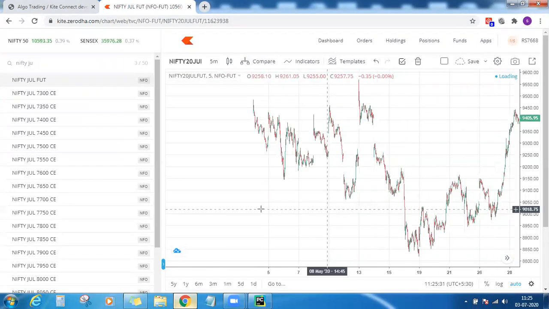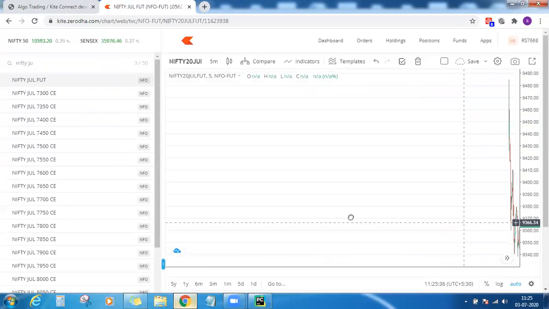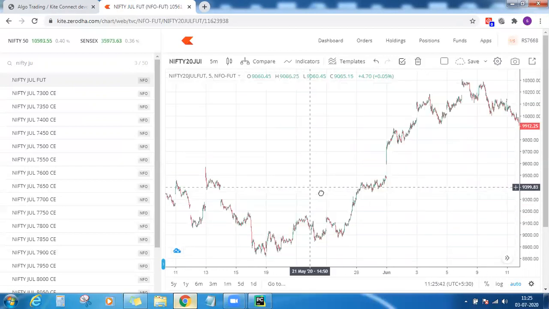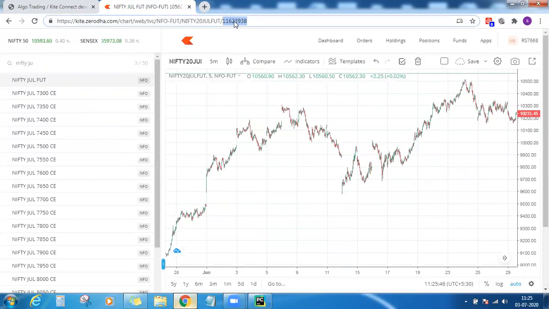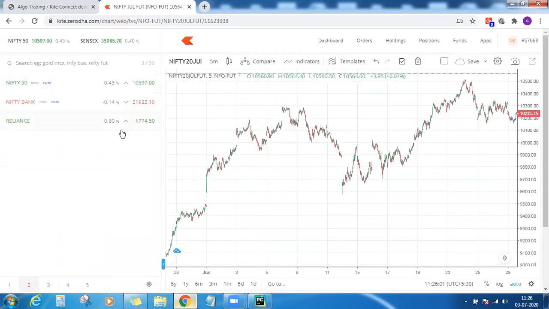So somewhere around, yeah, from 4th May, you have the historical data of July future. And if you see, this has got its own token. Now when the July contract gets expired and if you give this token, no data will be returned to you. So like that, you can provide options, you can provide futures and the spot data as well.